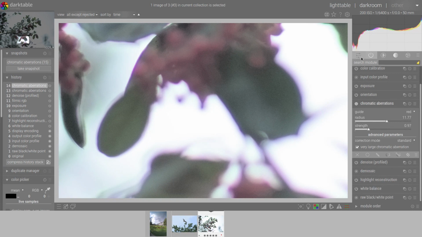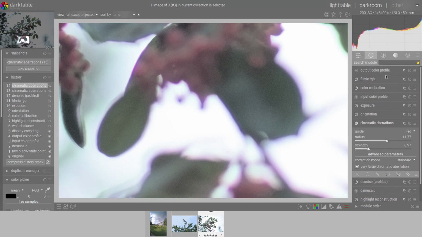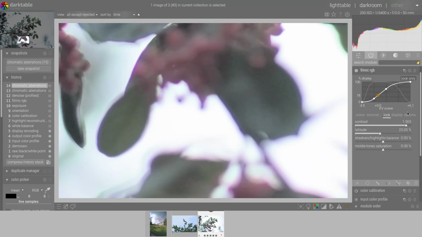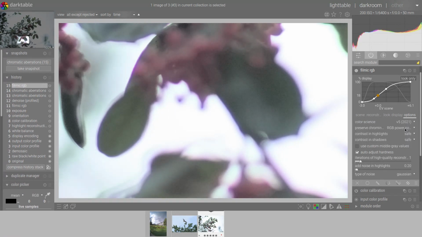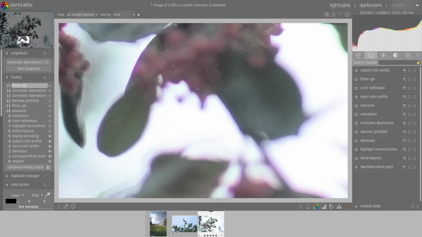Something I didn't say is that sometimes with chromatic aberrations in Filmic it's good to switch preserve chrominance to max RGB instead of power norm. Sometimes it helps to better melt the chromatic aberrations with the surroundings.